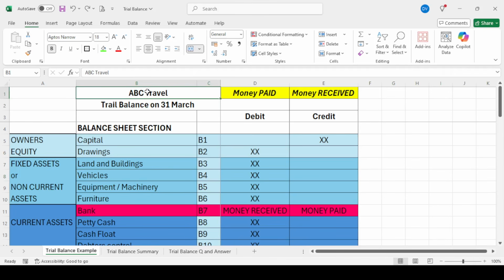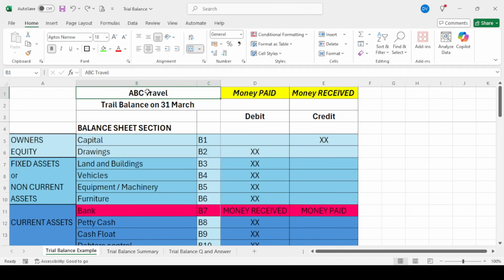So you would have noticed from your textbooks and from attending class that you've never been required to do a trial balance from scratch. Usually in the textbook, they give you an incorrect trial balance that you then have to fix. You have to correct it and redo it so that it is correct.